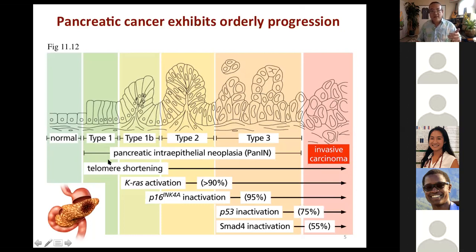And you can see that as you progress, you start off with telomere shortening. About 90% of all transforming pancreatic cells, right, KRAS activation is their first mutation that they stumble upon. And the overwhelming abundance, then the second mutation is inactivation of CDK modulators or CDK inhibitors like P16. Then that's followed by p53 inactivation, and then about half of the resulting ones then inactivate SMAD.